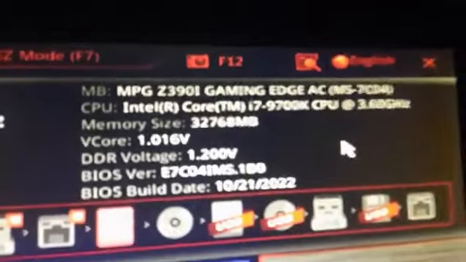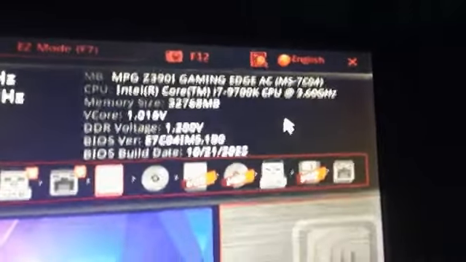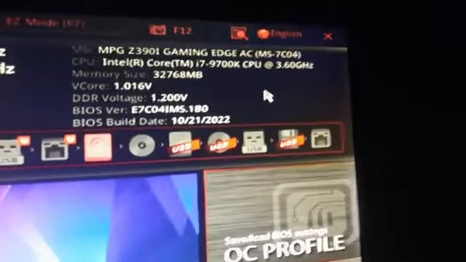So yeah, not sure. I mean, the last update they had was months ago. I don't think they'll fix this bug. This board is honestly quite old. So yeah,